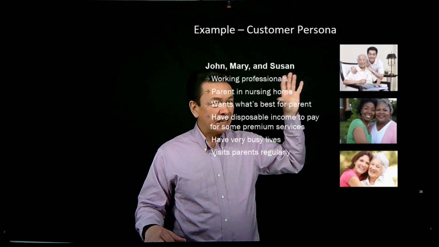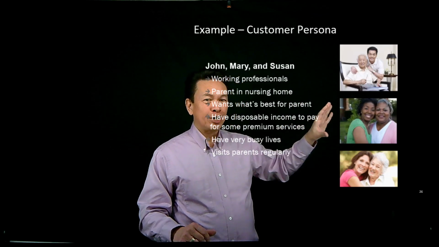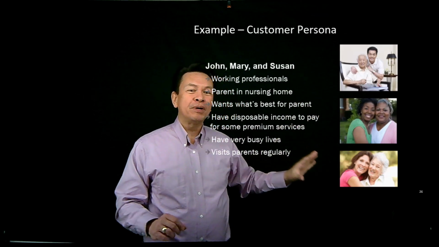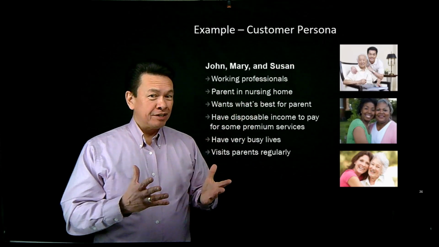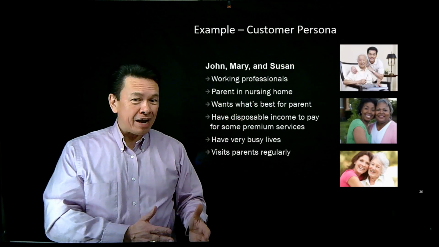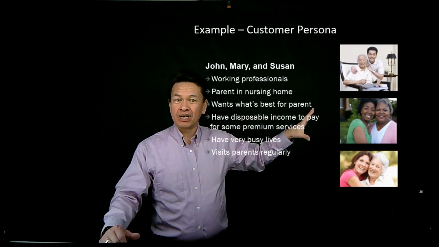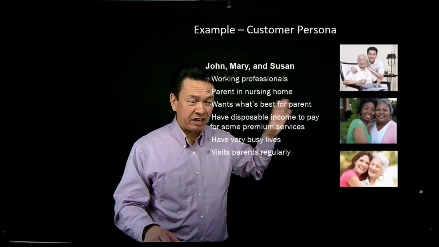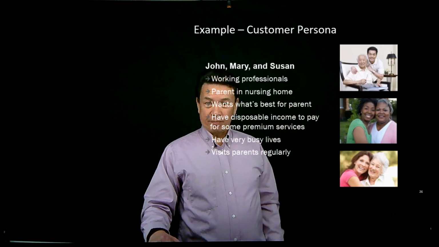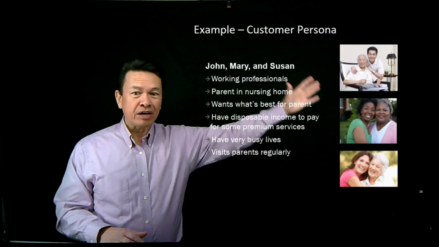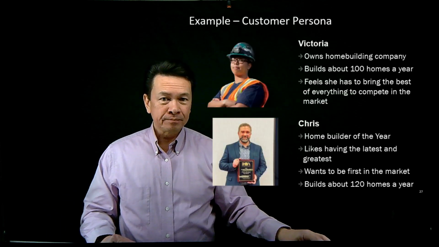Can you feel that? It's not just anybody, but I'm looking for how do I find these younger, upwardly mobile people that have a parent that's in a nursing home, because those are the ones that, whether it works or not, are going to buy the digital diaper. Because if that really does what it says, it actually can save my mom or give some extra years to my mom's life or better quality of living, sign me up, right? That's what I want. So in this case, I'm looking for the John, Mary, and Susans of the world, okay?